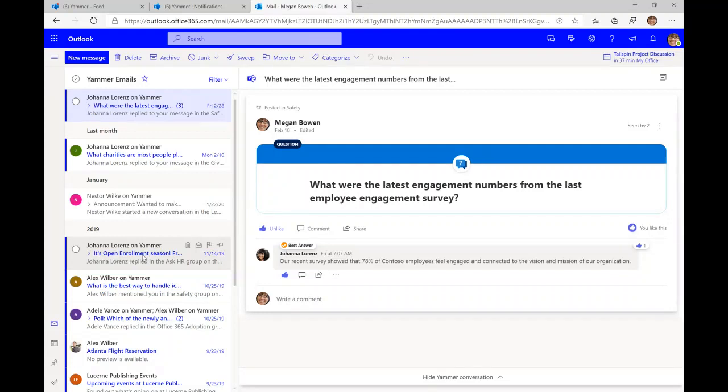Yes, I can. So the richness that you see here is possible only because of the Fluent design language that we are using on our web properties. This is going to come to desktop and Outlook mobile, as well as Outlook on the Mac, sometime next quarter, from April to June. And we will obviously update you folks when we're ready to launch that.